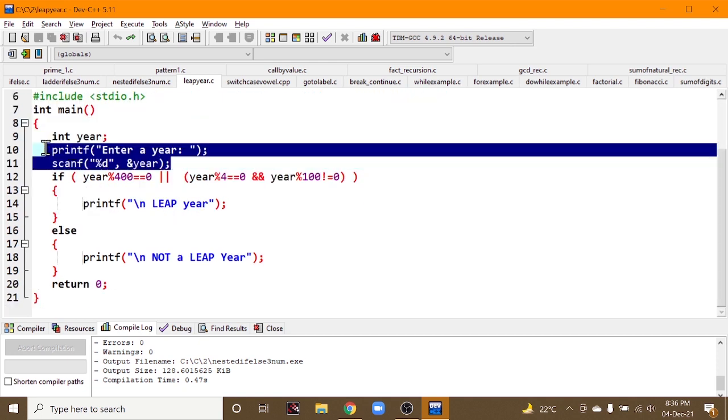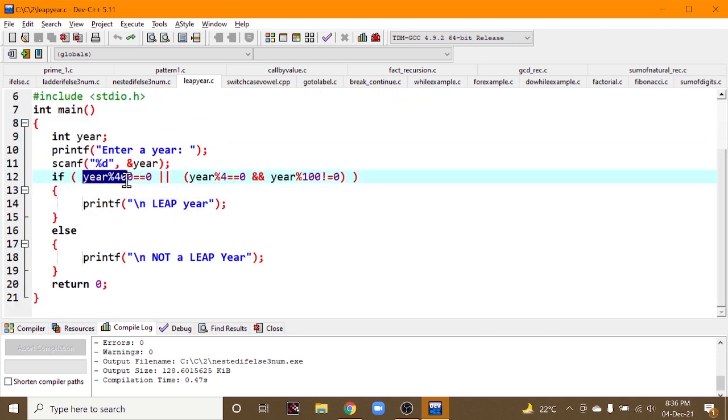So taking the input, checking whether it is divisible by 400 or not, and this is a separate condition, with a logical OR operator where we group a couple of conditions for divisibility by 4 and not divisible by 100, not equal to. If any one of them, this one or this one, is true, then it will become a leap year.